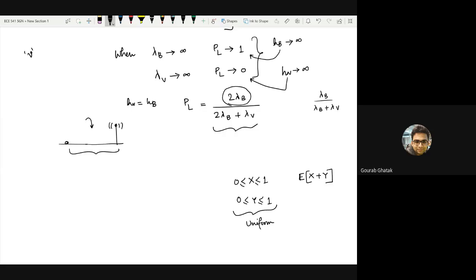But if I now tell you that I am interested in x plus y, where y is allowed to be between 1 and x, again uniform, this now becomes an altogether different problem. So here we are observing a similar thing. Although the number of vehicles present in the network with respect to the number of base stations present in the network are like this, the probability that there is a vehicle within the distance of a base station is a bit different question. Are you getting my point or hint?